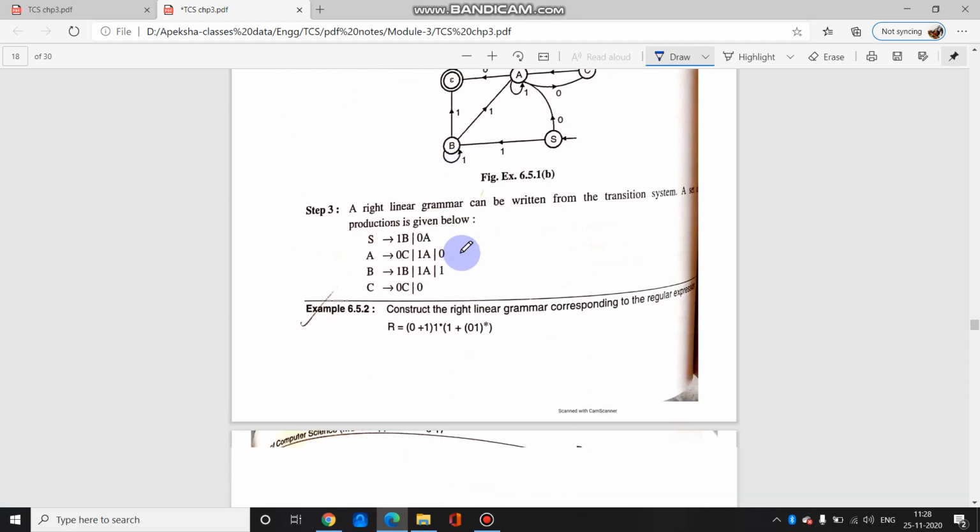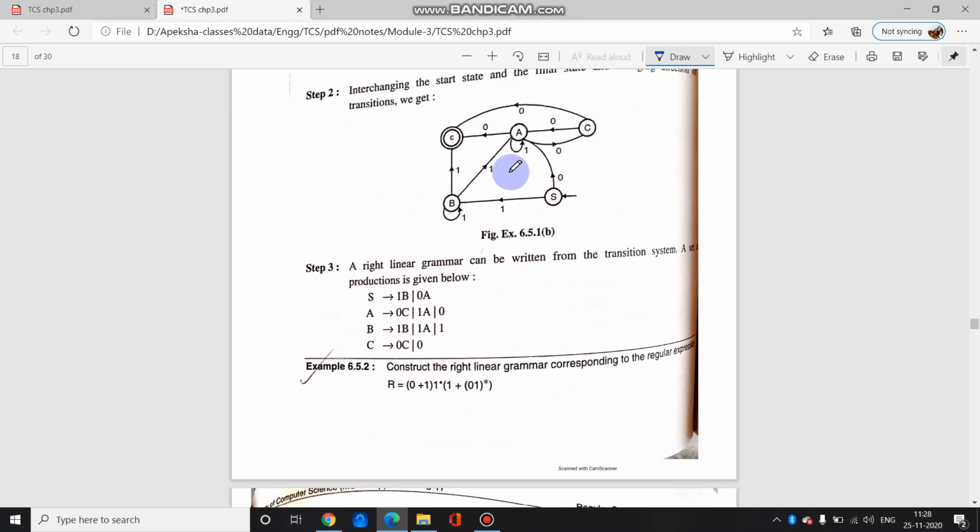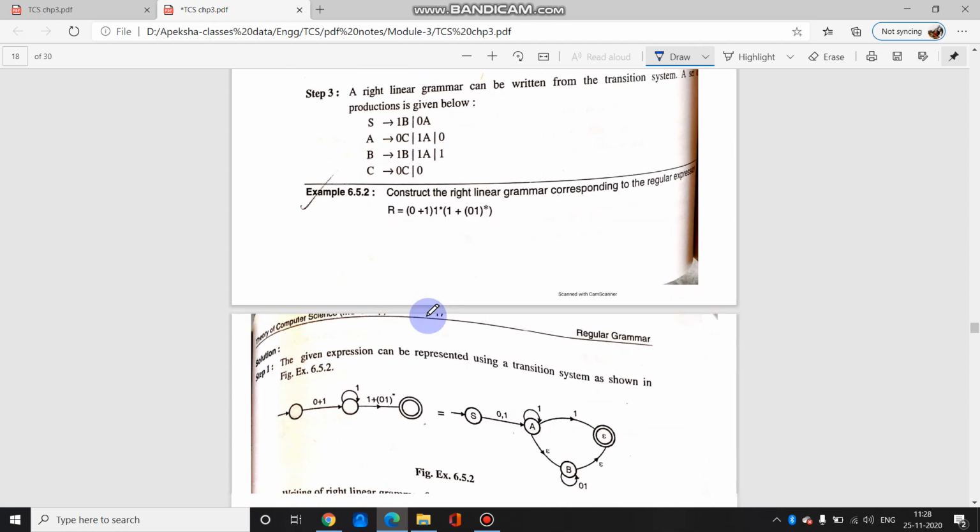The only thing is that when you write the grammar, you have to make sure कि right linear है, तो ये सारे जो non terminal symbols है वो right hand side पे आने चाहिए. That's it. बाकी सबके processes same है. The only important thing to remember is whether you are writing the final grammar as left linear or right linear. क्योंकि अगर left linear करना है तो non terminal symbols left hand side पे, and अगर right linear grammar है then symbols should be on the right hand side. That's it. ये कुछ examples है.